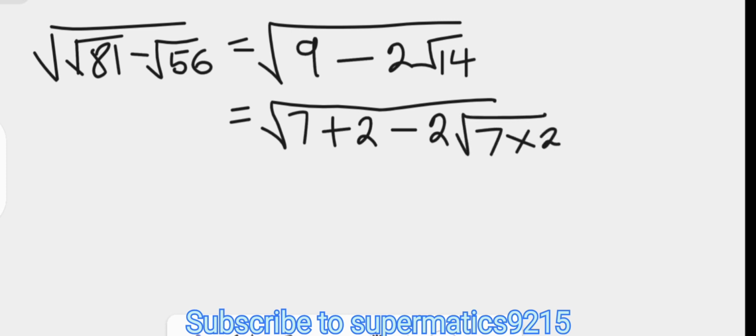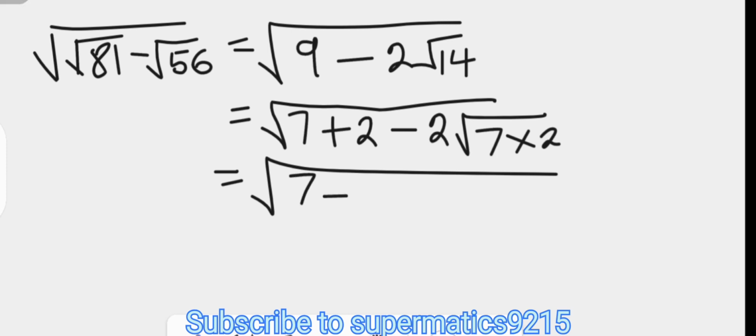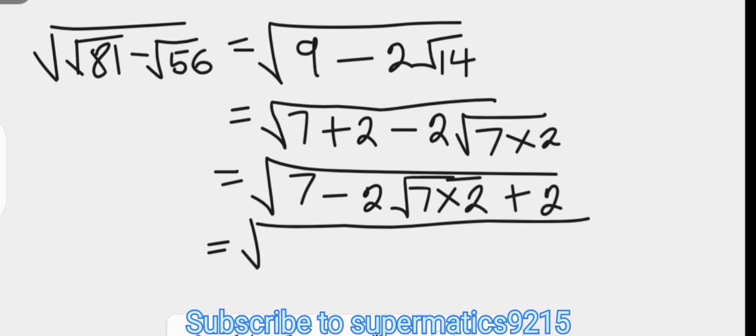Then let us take the plus 2 to the end, so that the expression becomes the square root of 7 minus 2 root 7 times 2 plus 2. Now it is getting interesting as we rewrite this as the square root of 7 is written as the square root of 7 squared, as square and square roots, when they cancel out, make the number to become